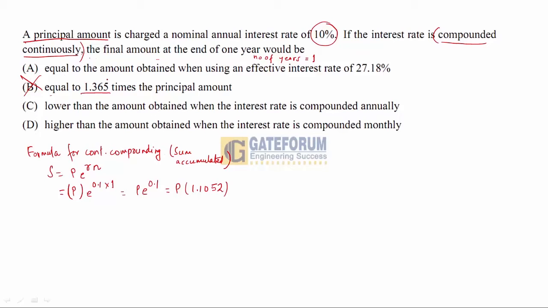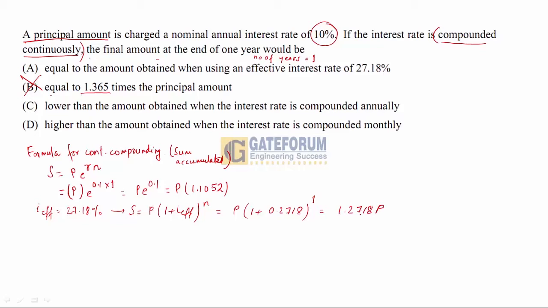Okay, so now let's check out what's in option A. It says that it is equal to the amount obtained when using an effective interest rate of 27.18%. Okay, so it's given that the effective annual rate is 27.18%. So when the effective annual rate is given, the formula for sum accumulated is how much? P into 1 plus i effective raised to the power number of years. Okay, P we will keep it as P, 1 plus i effective, changing 27.18% to decimal, to the power number of years is 1, so we get